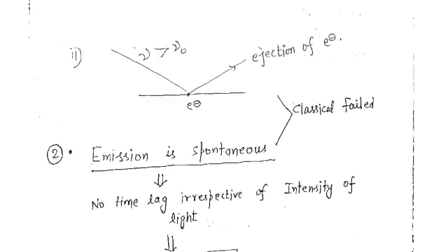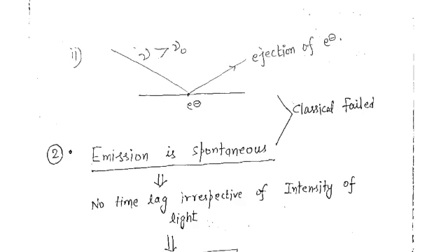Now the second thing which comes out: the higher the frequency than the threshold frequency, it will eject out the electron, and the ejection of the electrons will be accompanied by some amount of kinetic energy. I will talk about it. This is the extra amount of energy. Here it has now been proved that there is a strong correlation between the frequency and the energy, and I will also talk about it later.